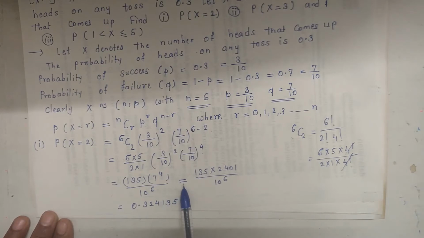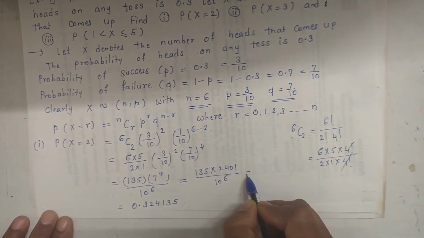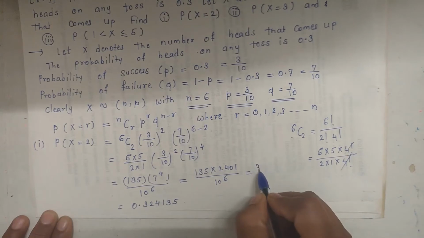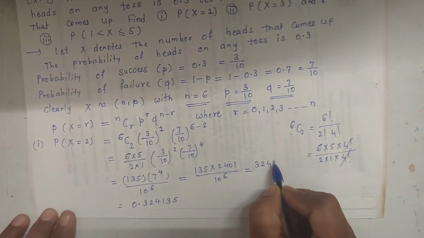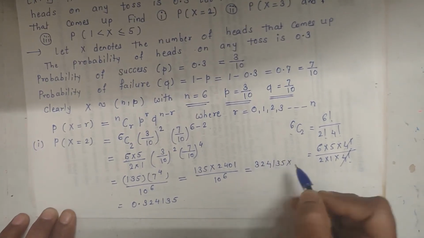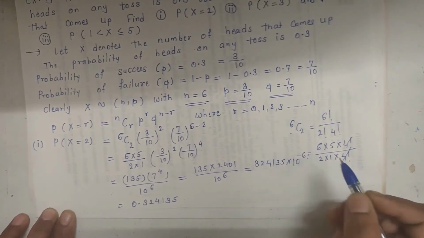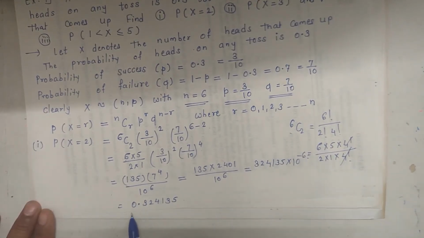Now 135 into 7 raised to 4, that is 2401, upon 10 raised to 6. Calculating 135 into 2401, we get 324135, divided by 10 raised to 6, so this value is 324135 into 10 raised to minus 6. We get the answer